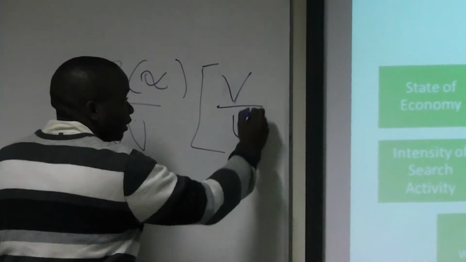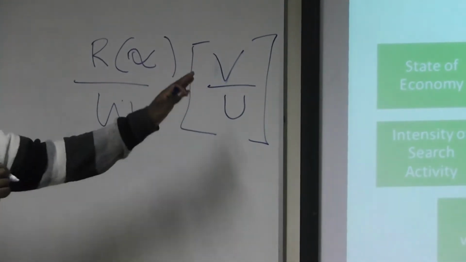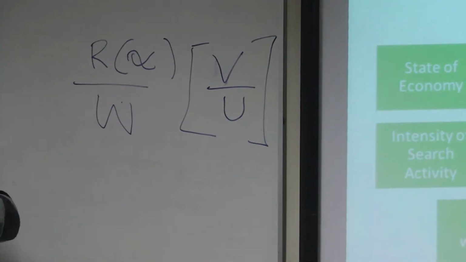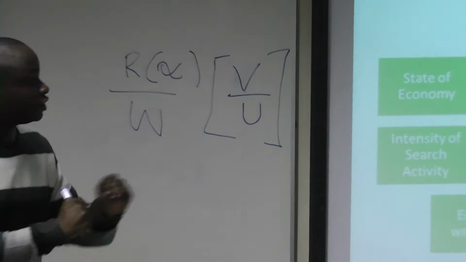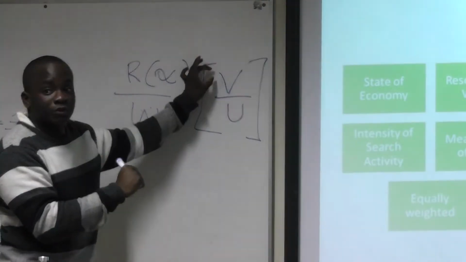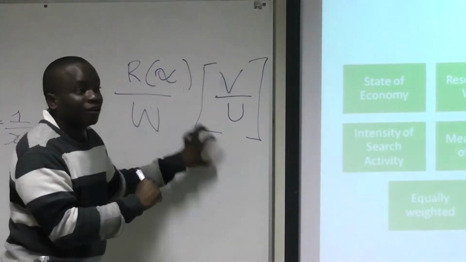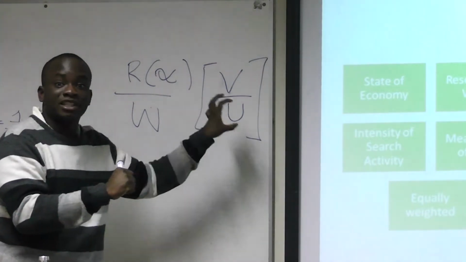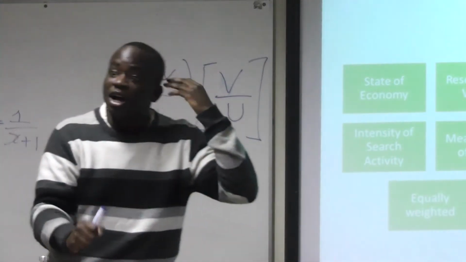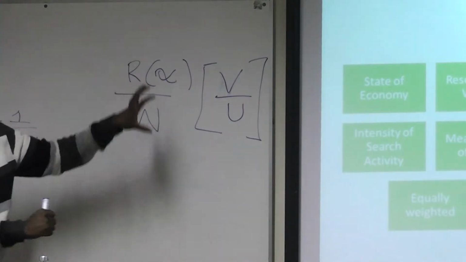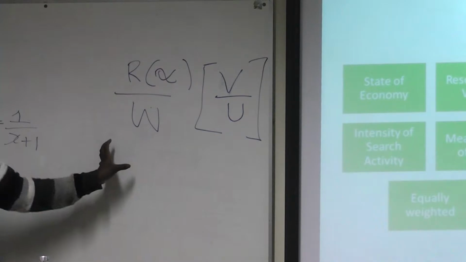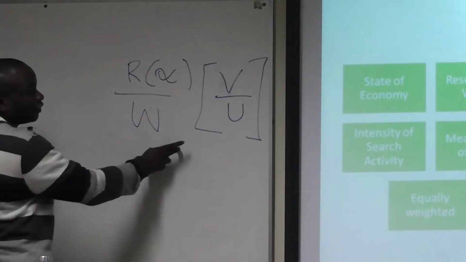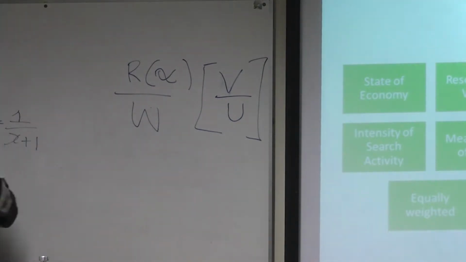V over U, where V was the vacancies in the industry, and U was the number of people unemployed. So, as you can see, macroeconomic uncertainty leads to more people unemployed and fewer vacancies created, so this drags down the expected searching of a job seeker. If this is decreasing, this whole thing is decreasing. And obviously, you must be able to see a flaw here, because what I'm saying is that each different component equally sways search time, and it doesn't, and I'll deal with that later.